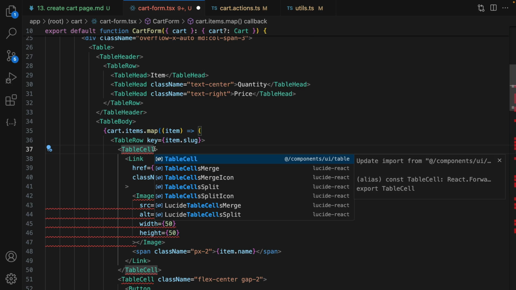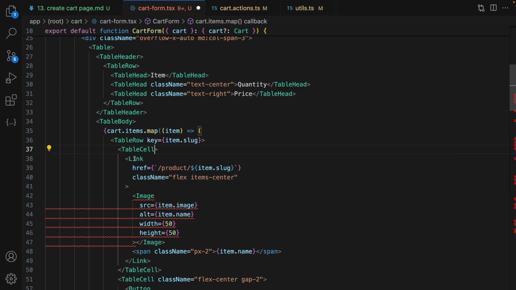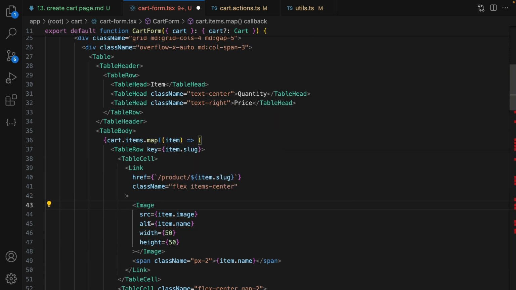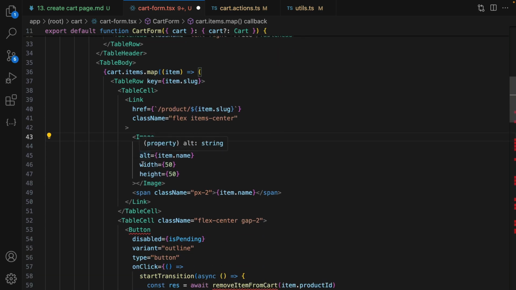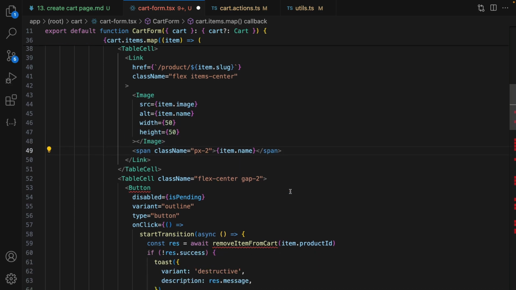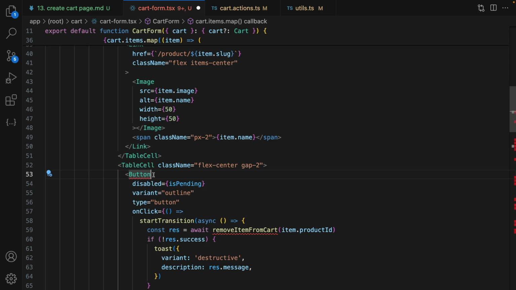Then import table cell from ShadCN, create a link to the product details page, render an image inside it, import it from next/image, set source, alternative, width and height, make this one small as a thumbnail, and right after product image, render product name. The next cell is a button,